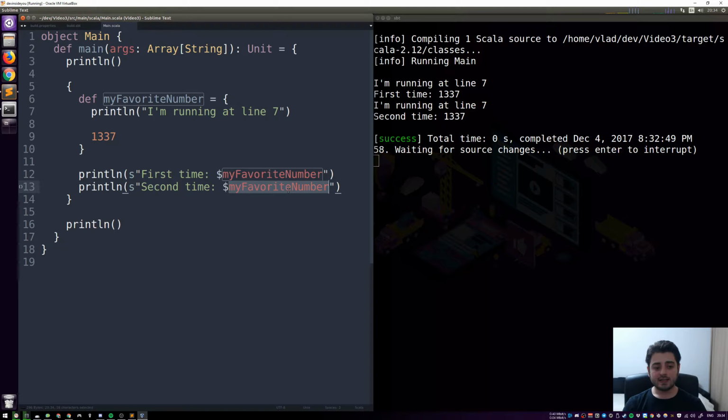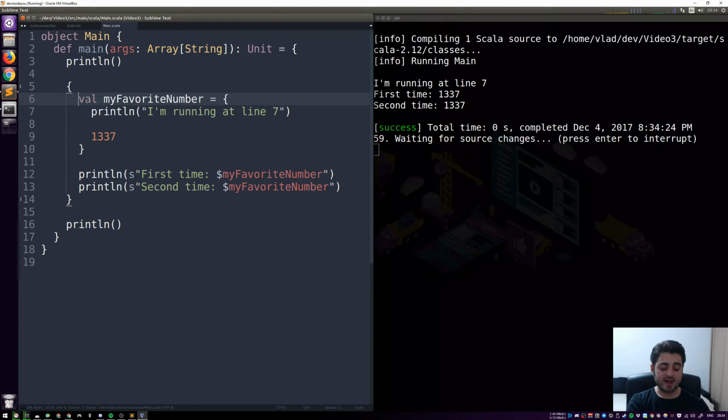All right, so the next keyword that we're going to talk about is something in between the val and the def. Okay, and it's a keyword that comes from functional programming, a topic that we will discuss in one of my future videos. And so it looks like a val, but it's actually not a val, it's a lazy val. Now, in order to see how lazy val is different from val and a def, we will need to remove those print lines. And as I already said, lazy val is a mixture between a val and a def. So the first time it behaves like a def, and all the other times it behaves like a val, which means,